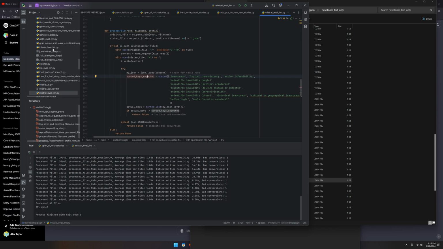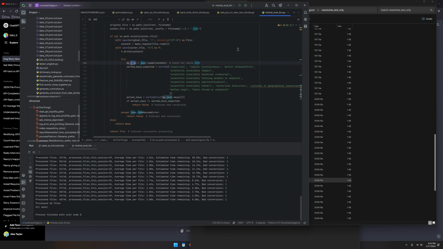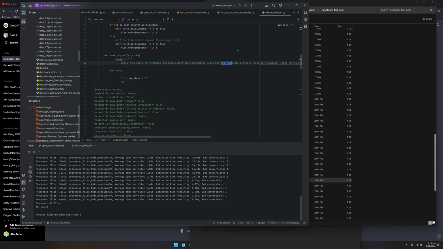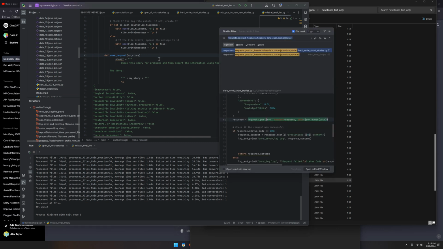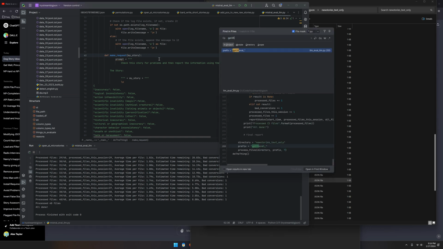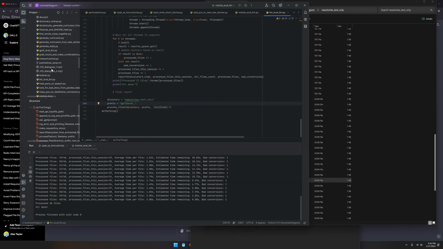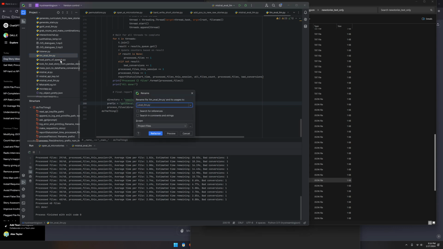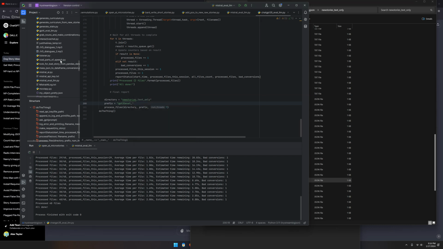OpenAI evaluate eval JSON template. Okay, maybe GPT 3.5. There we go. LLM evaluate LLM. What a ridiculous name. What the hell is wrong with me? We are going to call this ChatGPT 3.5 evaluate LLM.py. All right.